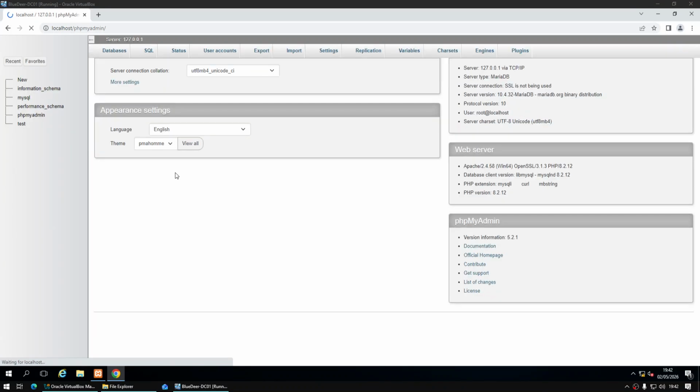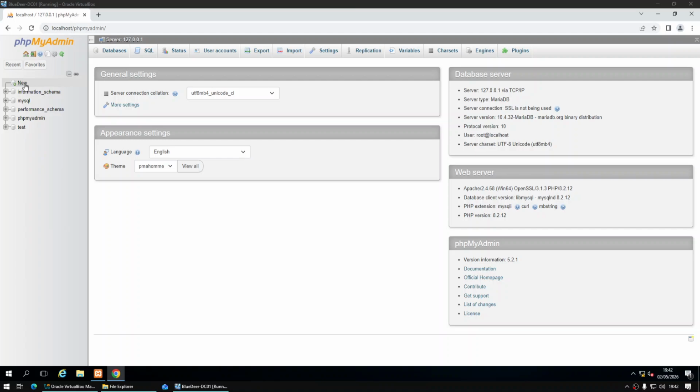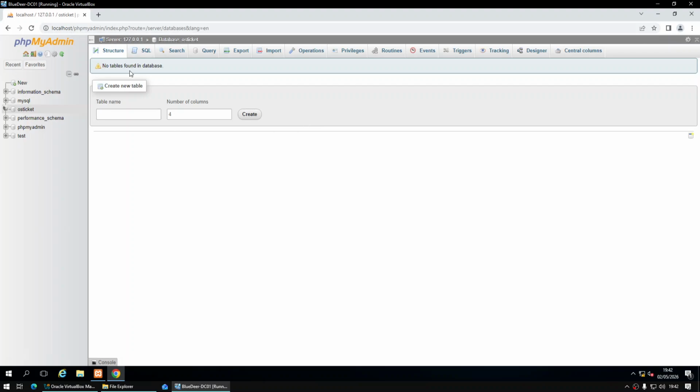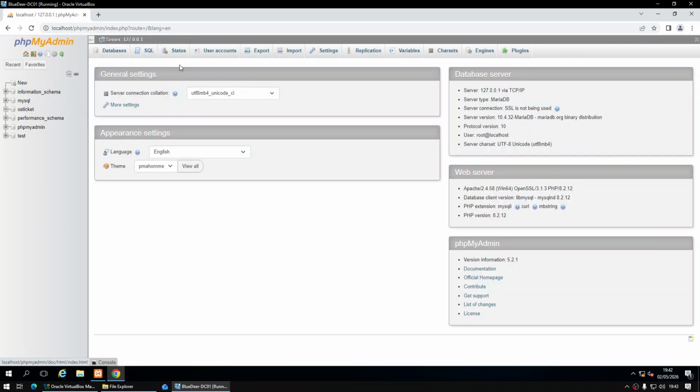And what we need to do is create a new database for OSTicket to store its information. So up here we're going to click New. I'm going to name mine OSTicket and create that database. It says database has been successfully created. Now I need to create a user. Go to the Home section of phpMyAdmin, User Accounts,